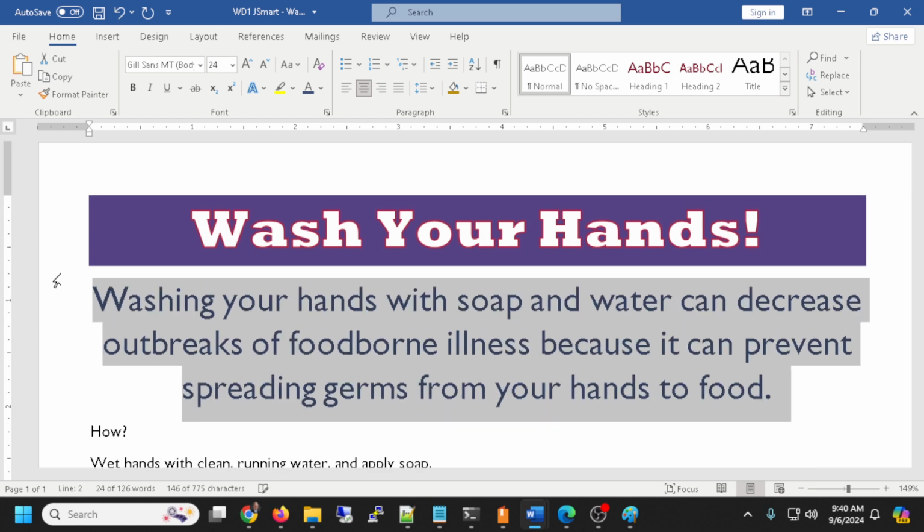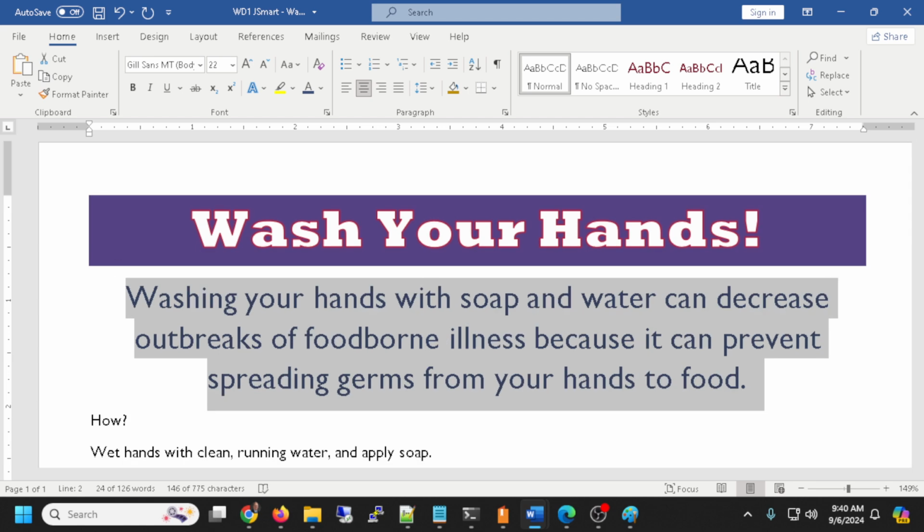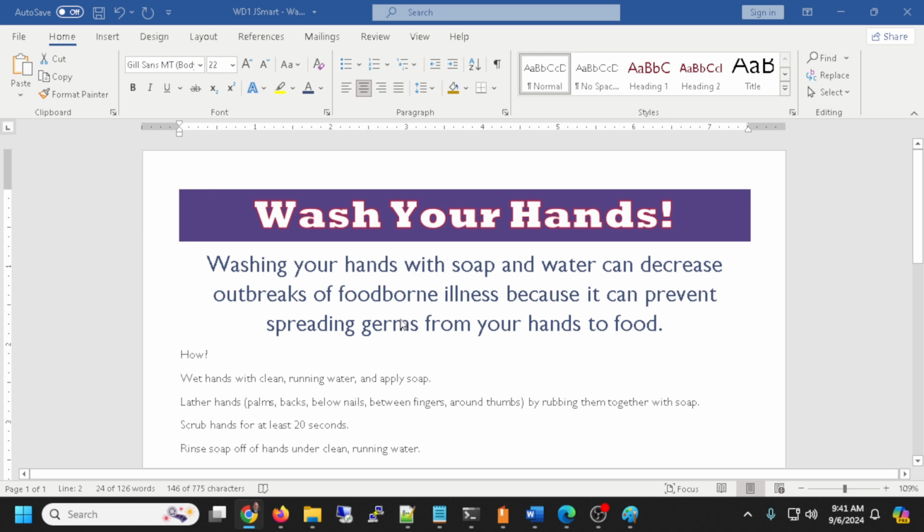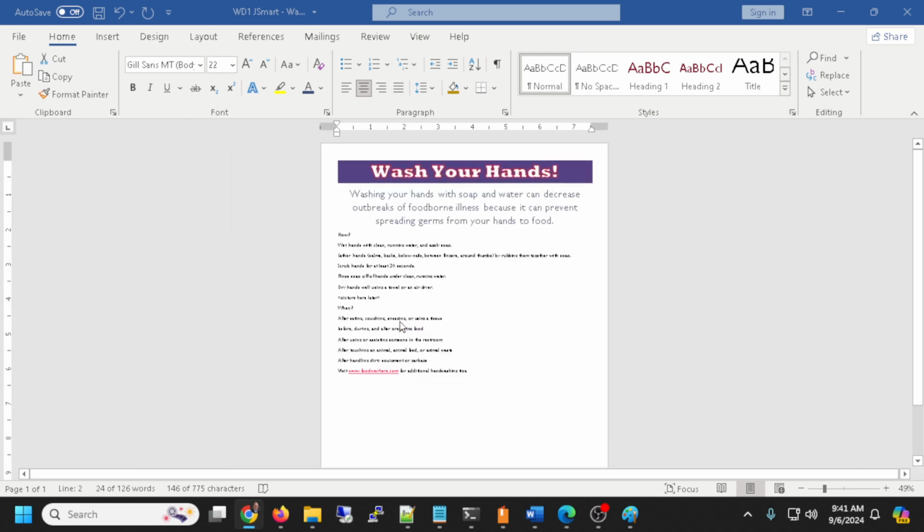So around 22, 24. Let's see what the book specified. I think the book specified 22, but let's check. And then we'll continue to the other text. My page is coming up slow. Let's see, the next line. We made that 22. Yes, 22 is the size we want for this. Another way to see if that's a good size is to zoom out, roll my mouse button, and yeah, that looks like a decent heading for the top of